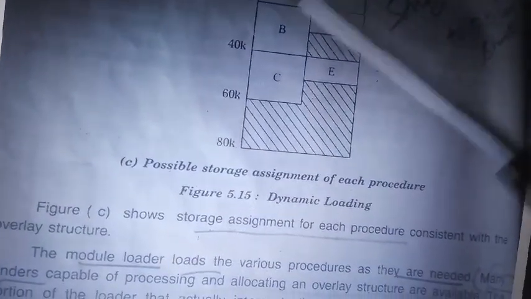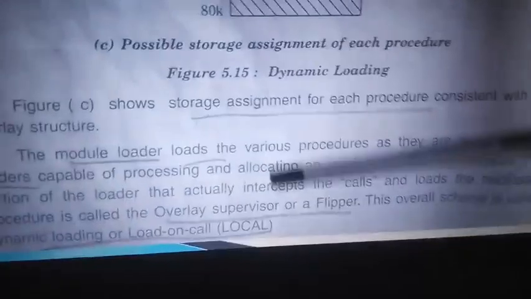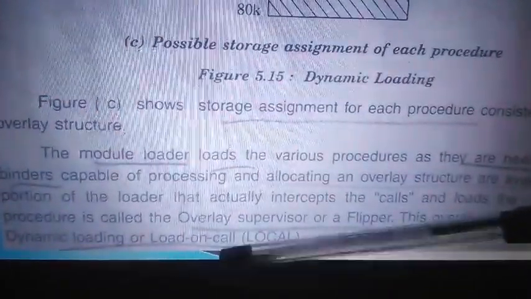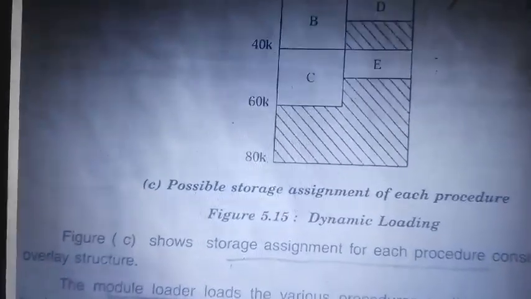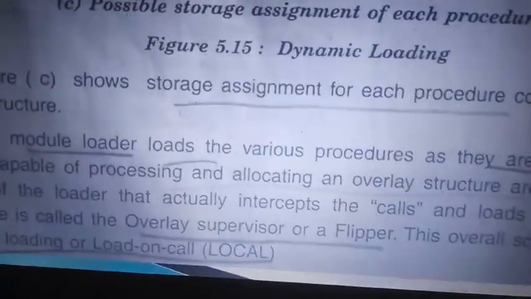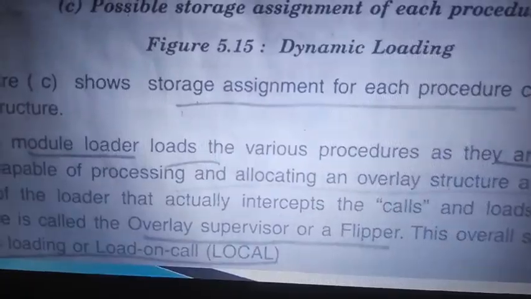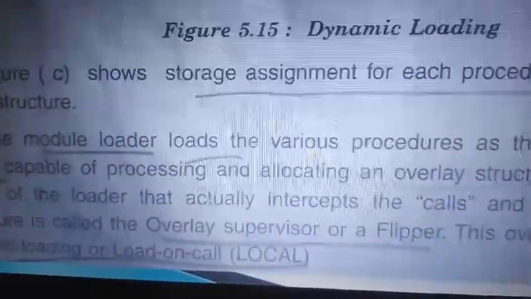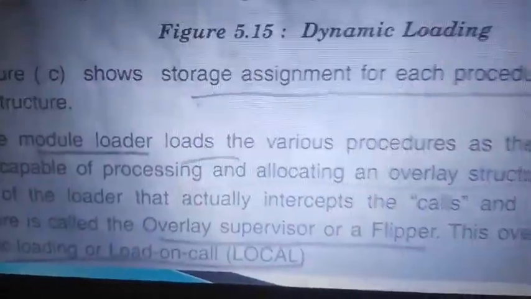So that loader we name an overlay supervisor, or a flipper, or a dynamic loader, or load on call. So these are the different names given to the overlay structure, the dynamic loading scheme loader. Clear?